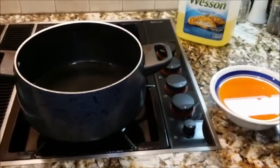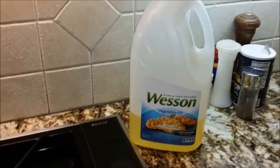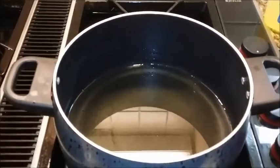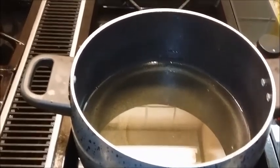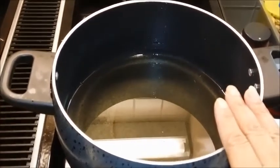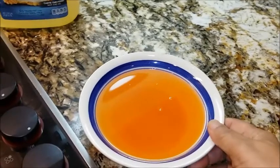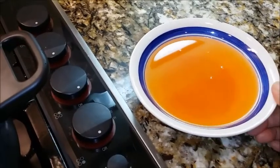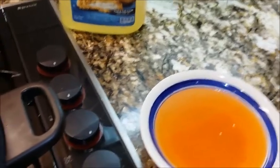So here's my pot, and I've already put some oil in my pot. This is fresh oil, actually. This is Wesson oil. I'm going to be using a little more oil than this. So, to this fresh oil, I am going to add this oil that I used yesterday. And I'm doing this just to show you that you don't have to throw your fish oil out just because you've used it once. You can use it a couple of times and maybe more if you keep it in